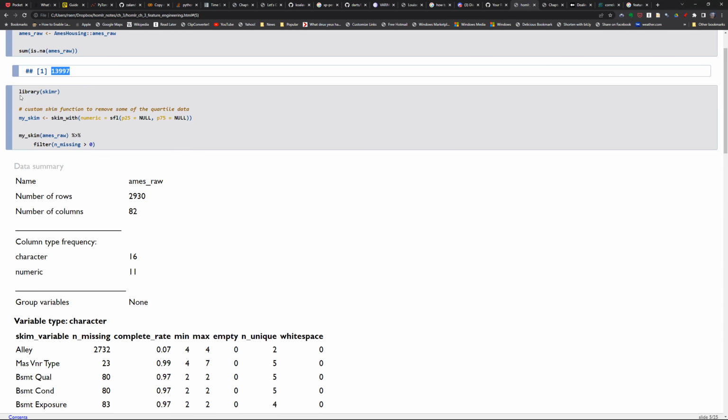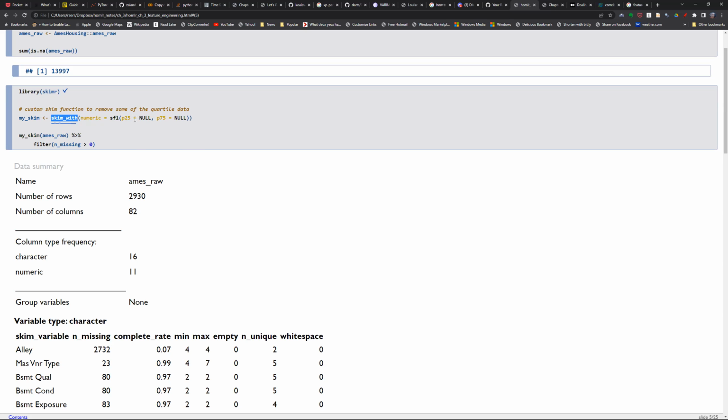So this one I use almost every time I'm exposed to a new data set. It's called skimr, okay, skimmer. And this one provides like a radiography of your data, not only for missing values, but also for how many unique values you have in a character type data. What are the ranges of numeric values, etc. So to make it simple, I did a function with this function, skim width. And then what I'm going to do is that I'm going to